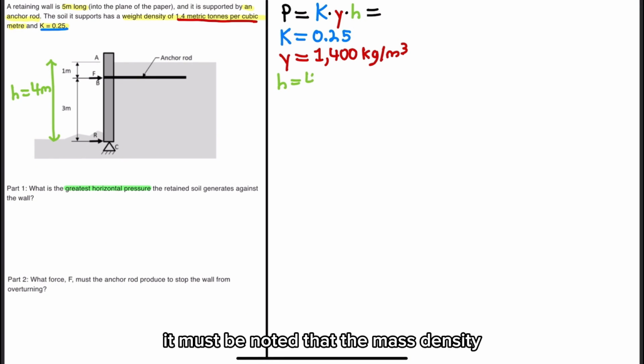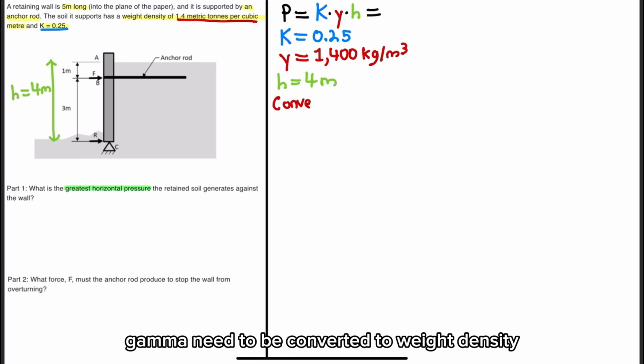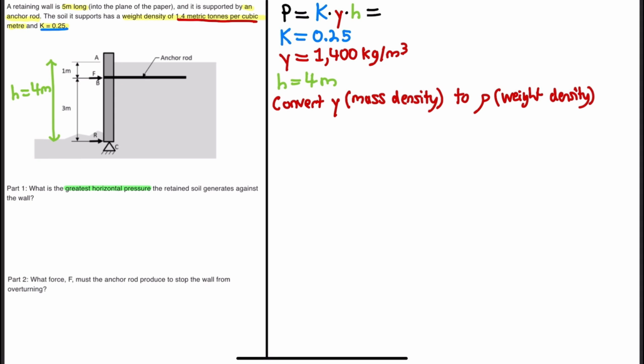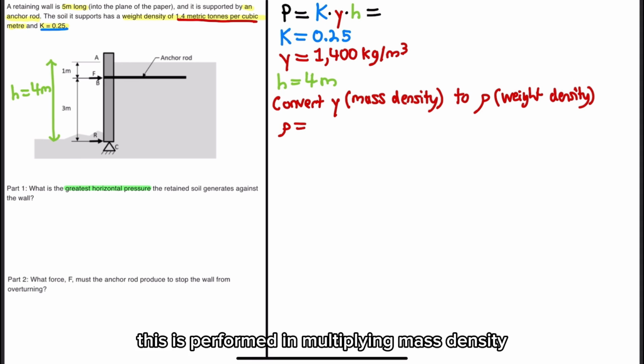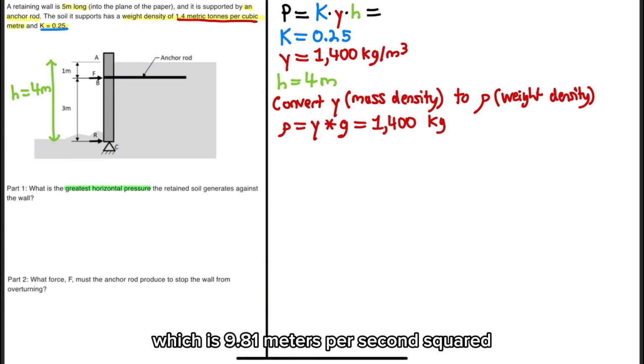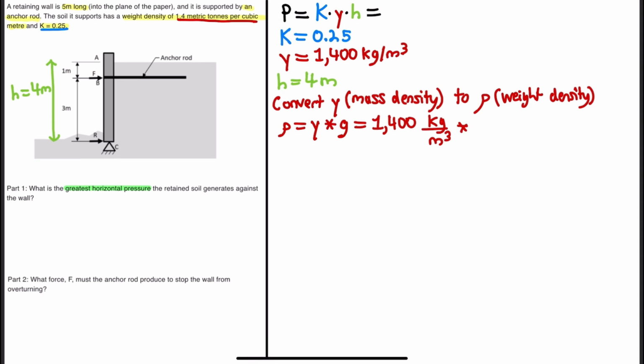It must be noted that the mass density, gamma, needs to be converted to weight density, as the force exerted by the soil against the retaining wall is due to its weight, not just its mass. This is performed by multiplying mass density by the acceleration due to gravity, which is 9.81 meters per second squared. As a result, we get 13,734